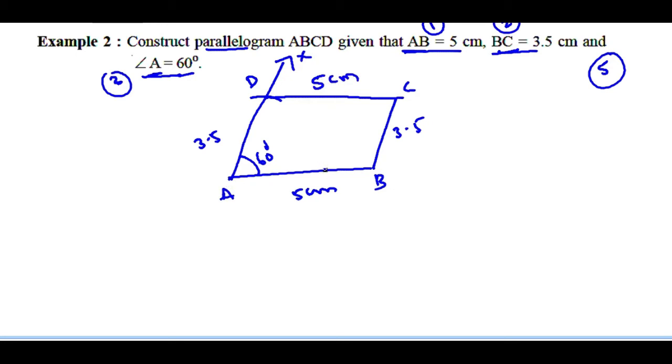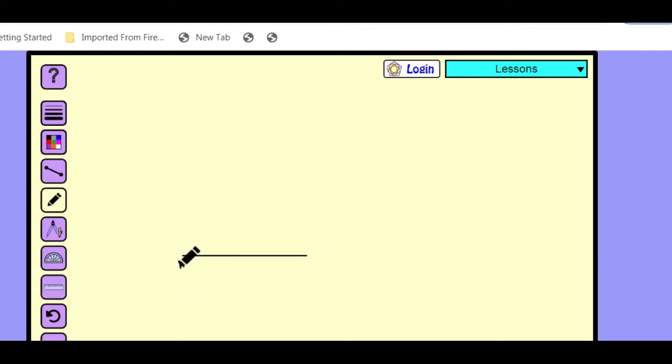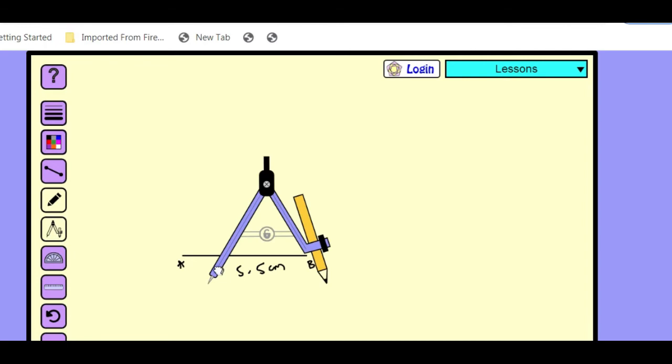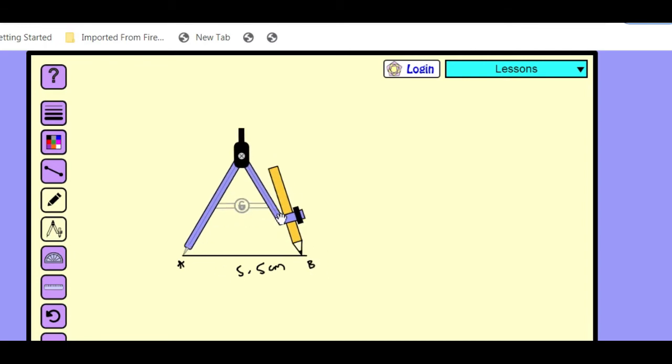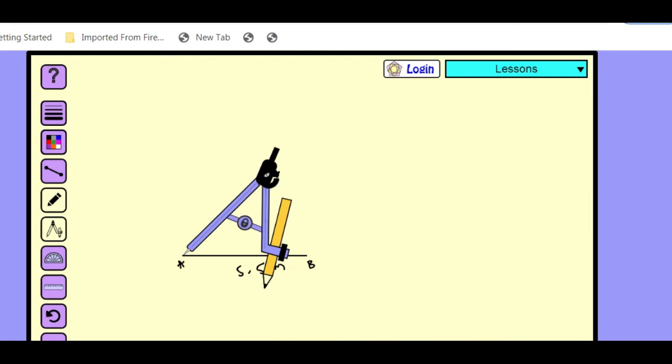Now let's go to the construction part. So as per the rough diagram, first we need to draw the line segment A to B with the 5.5 centimeter. We are writing A, B with 5.5 centimeter. Now construct angle A is equal to 60 degrees. So for that you should take the compass and with A as a center, take radius more than half of the length of this AB and draw an arc here